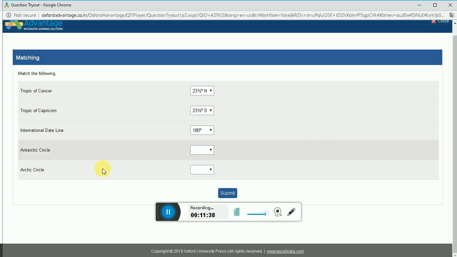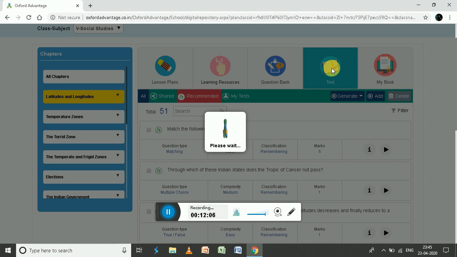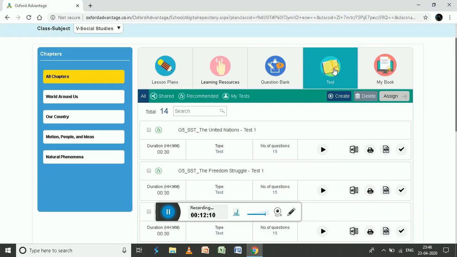So after you complete it, you submit over here and they are going to assess it. Now, by clicking over here, you can also generate, add or delete whichever thing you think is not required, or you want to add something more, you want to add all by yourself. There are provisions over here. Now, test is the next option. After you complete the chapter, you can definitely put some questions to the students so the students can attend, answer, and you can understand whether they have understood the chapter or not.